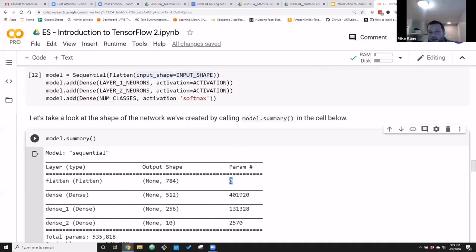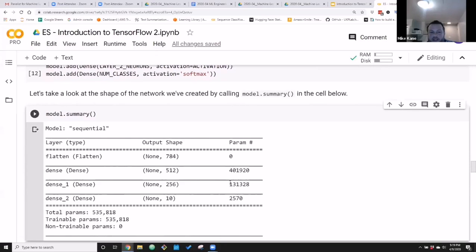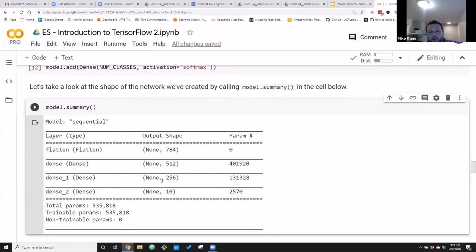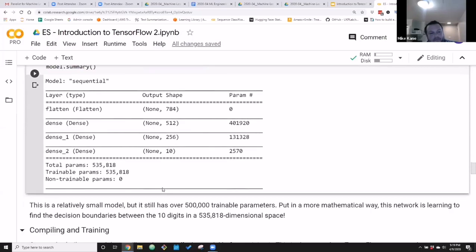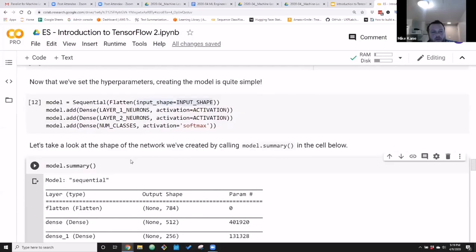Now, again, there's no learning done here. A flatten layer is just a reshape. There's no neural network part to this. It's just a tool we built in to make our lives easier. So we're going to look at these, and we're going to make sure these all line up with what we expect. And when you have errors, this is where they'll be, almost always. Okay, so let's run this here.